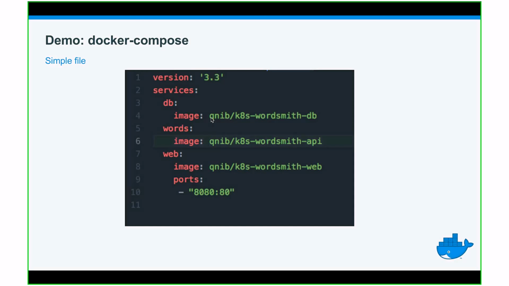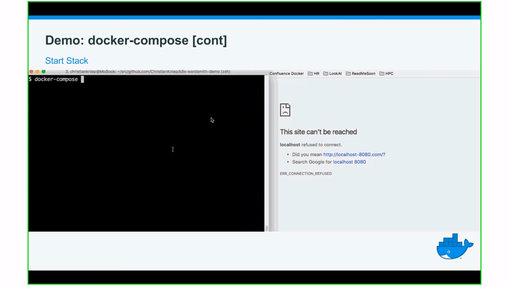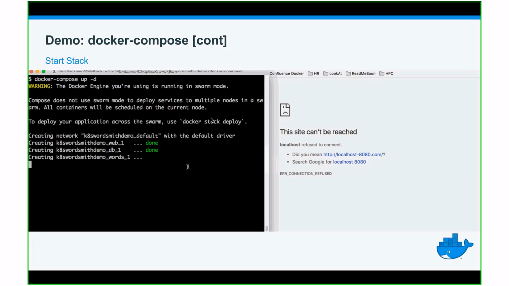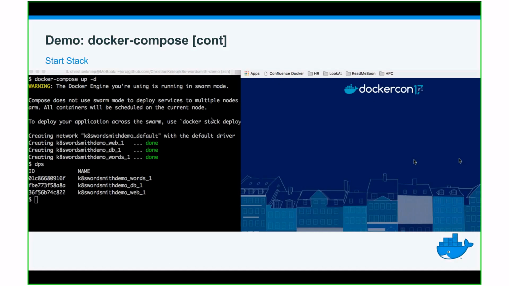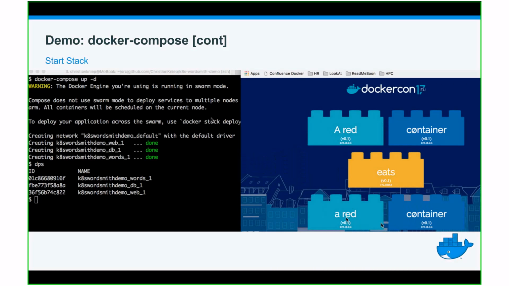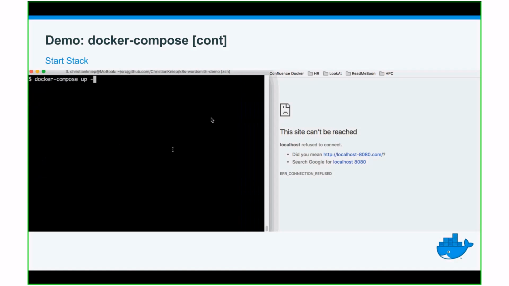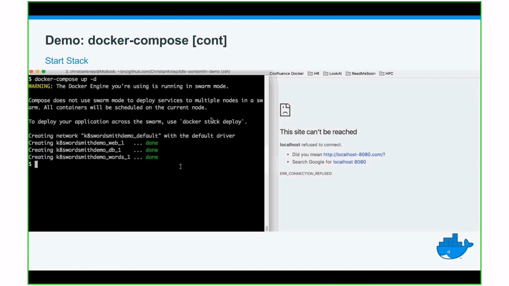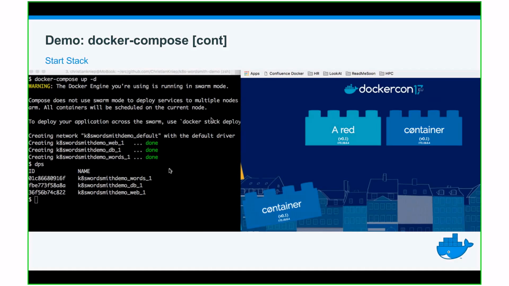One of those, the frontend, will expose port 80 on port 8080. Docker Compose will look at the Compose file and then start containers according to what is in it. But it won't supervise the containers. So if a container dies, it's gone. Then you have to run Docker Compose again, and then it will check the status of the containers running.